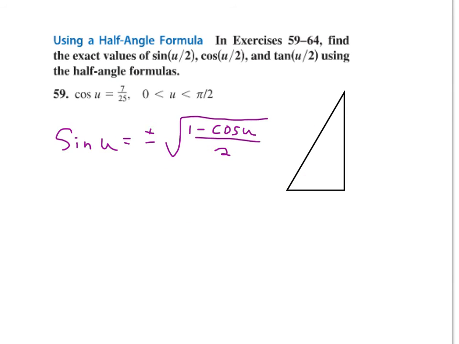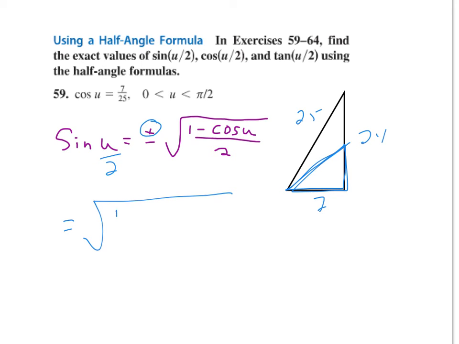If I look right here at sine, I want to find sine u over 2, and this should say u over 2, sorry. Sine u over 2 is equal to plus or minus the radical of 1 minus cos u over 2. Again, this side here was 7, this was 24, and this was 25. But more importantly, now I'm going to be working on this triangle right here. I know my sine is going to be positive because I'm in the first quadrant. Half of a first quadrant angle is a first quadrant angle. So now sine u over 2 is equal to positive radical 1 minus cosine u